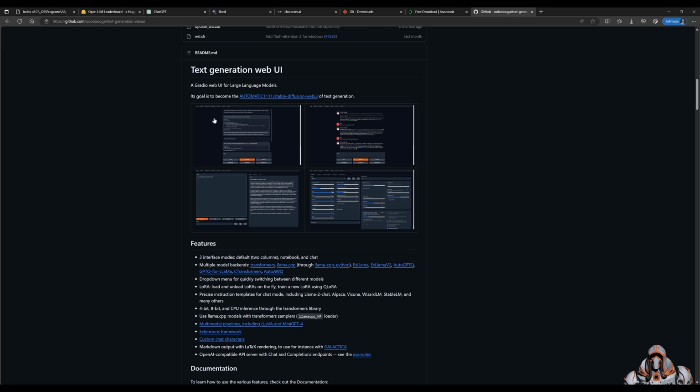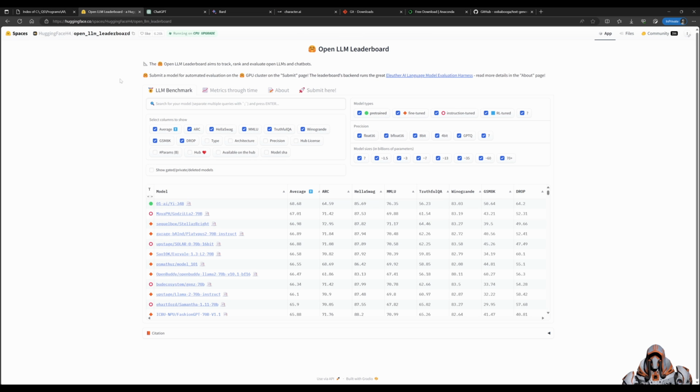Oobabooga, and that's a pretty hard name to say, but Oobabooga is a text generation web UI similar to Automatic1111, and it runs a Gradio web UI for running large language models, such as GPT, LLaMA, GALACTICA or OPT. We'll get into this in a moment and I'll show you how to install this and get this up and running. But I first want to talk about the open source LLM leaderboard, and I'll provide this link in the description